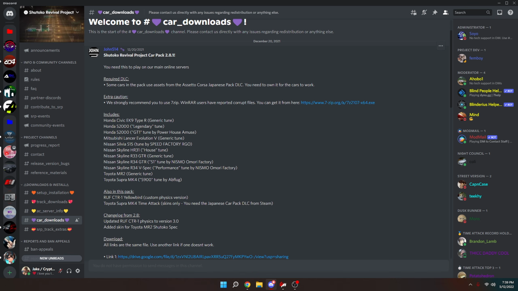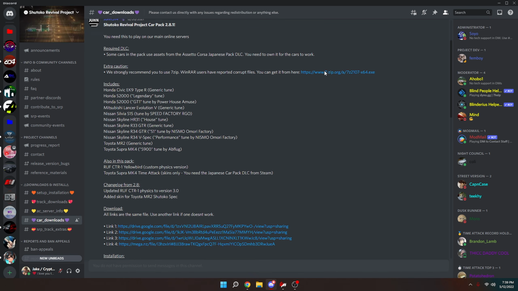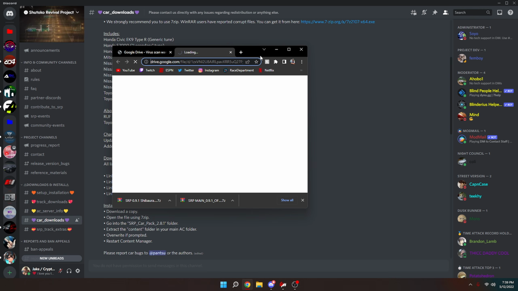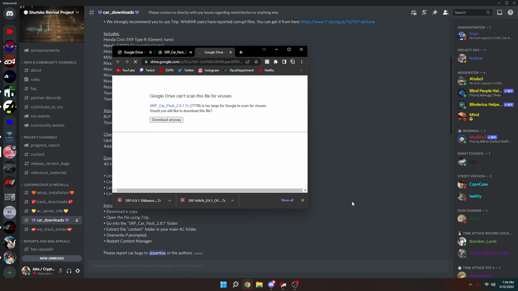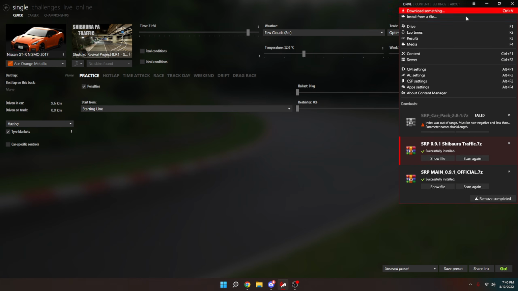So next thing that you're going to want to install is the Shutoko Revival Car Pack 2.8.1. You can use WinRAR, I was just talking about that. But once again, you're going to go right here, you're going to hit download, scan for viruses, whatever it wants to do, and SRP Car Pack will download right here. Once it's done, just like everything else we've done before,